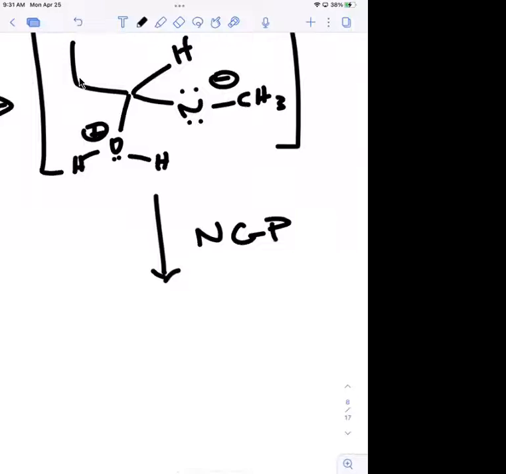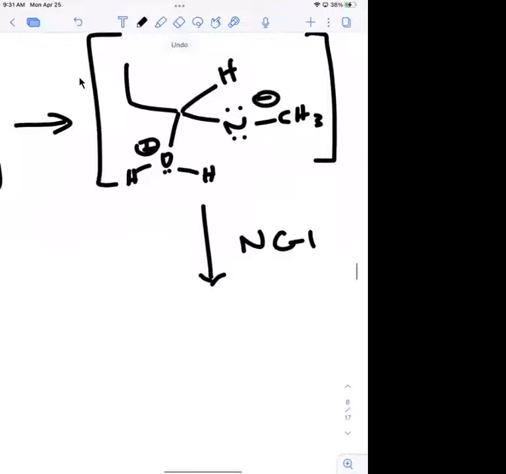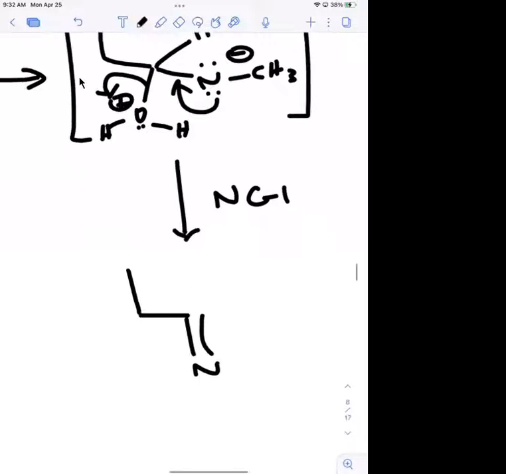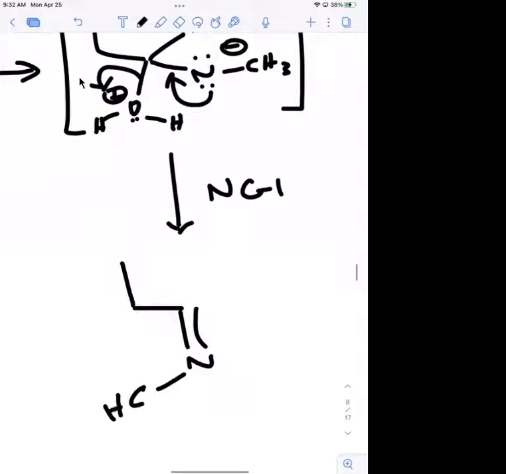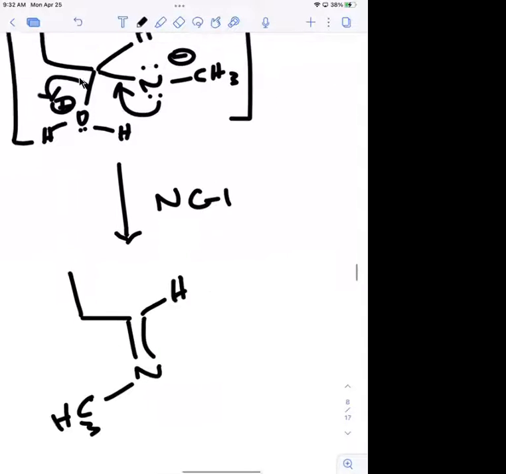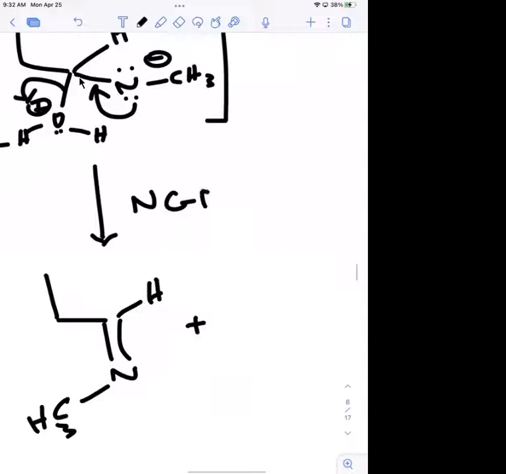Right, remember we talked about neighboring group participation? So if I push this pair of electrons here, it's going to force water out, right? So that's going to get me to my amine. This is CH3H plus water,